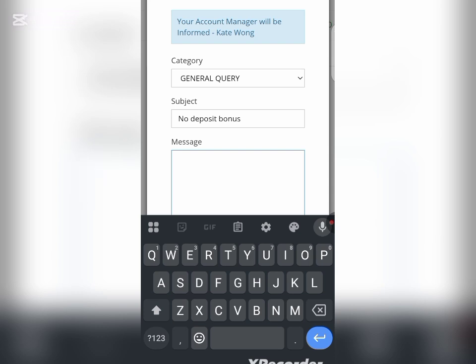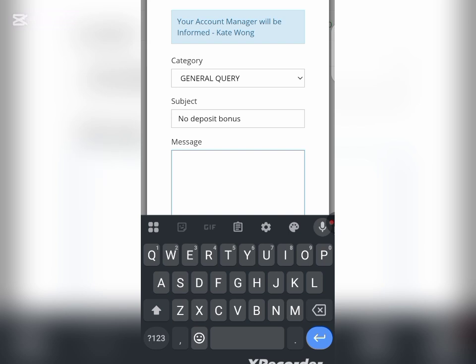And once you click on send, within a few time, you will receive a message from them that you've been credited with a free $50 no deposit bonus. And if you don't know how to log in your free $50 no deposit bonus account on your MT5 Trader app, you can go and watch some of my videos which I have explained how to do that.